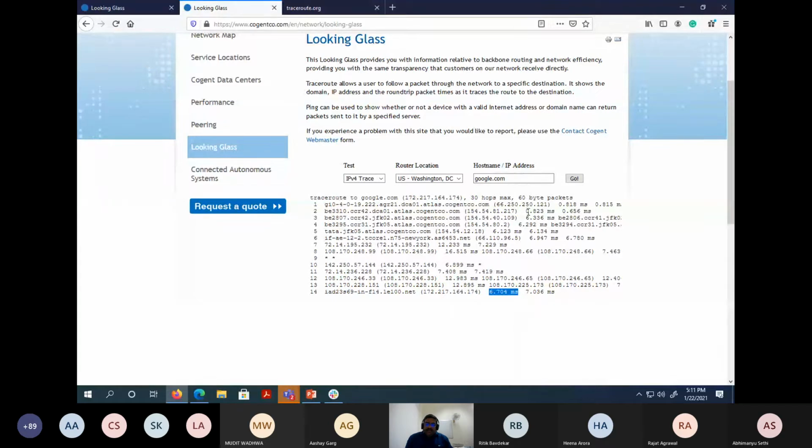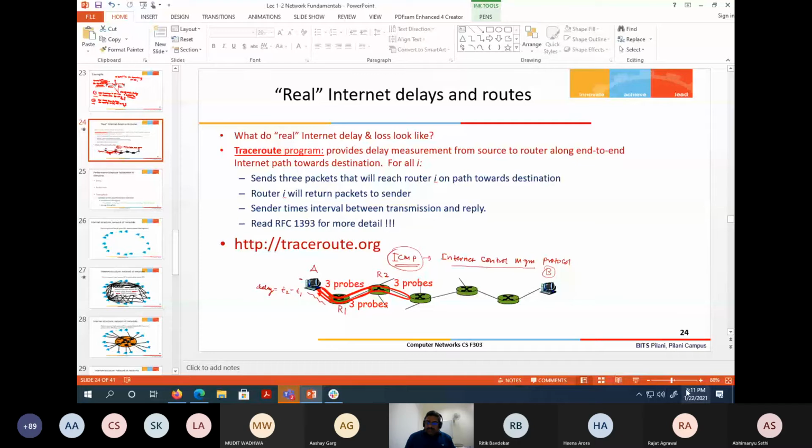The first hop is this one, 0.8 milliseconds. The second hop says 0.823. So it got 2 samples out of 3 probes. Similarly, here it is 6.336, and then 6.134 for the fifth hop, then 6.947, and so on. So this traceroute gives you the latency between any two hops. Okay, so now we will